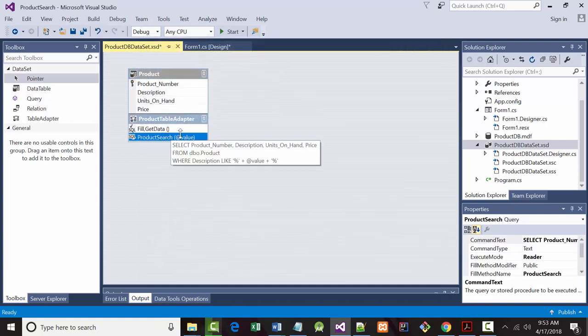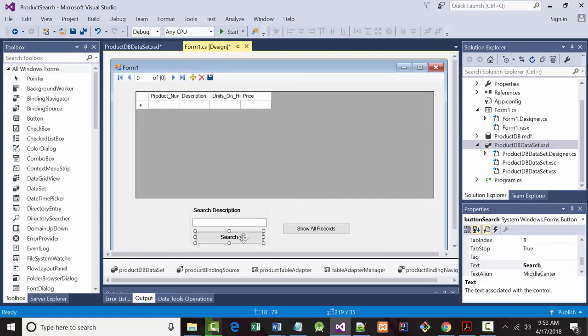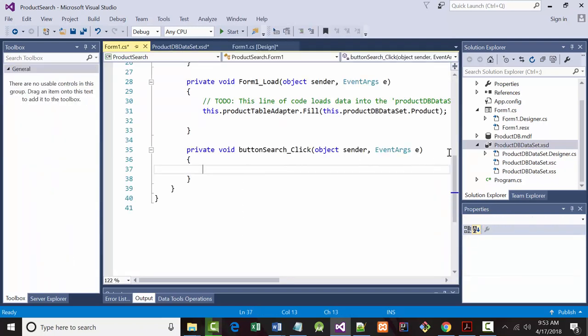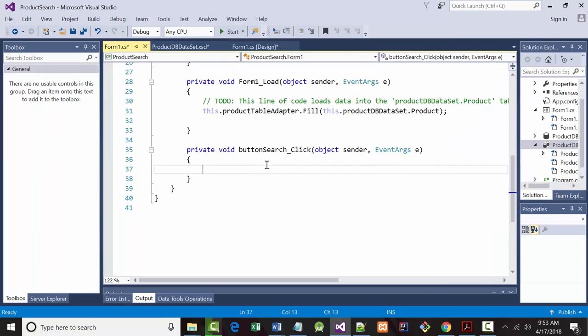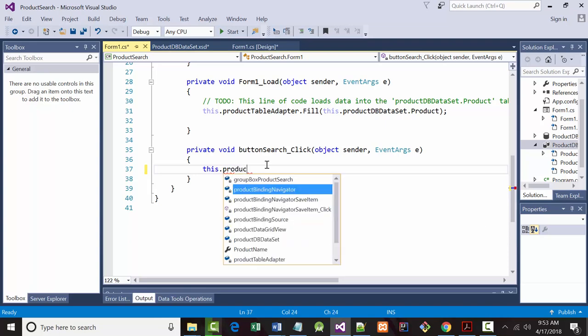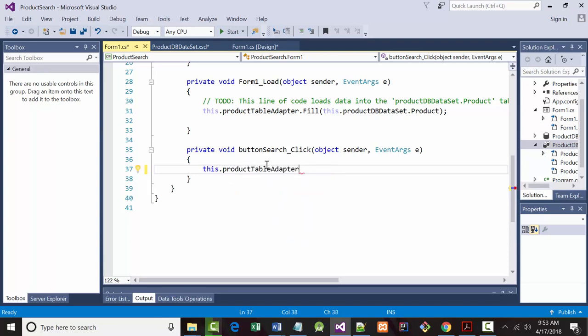So all that's left is to add our code. I think there's like 2 lines. We come back to here. We need one for this one, and one for this one. Does that make sense? Let's do the search first. It doesn't matter which one we do first. Under our search, we're going to say this dot our product table adapter dot product search, what we just called it, product search, and